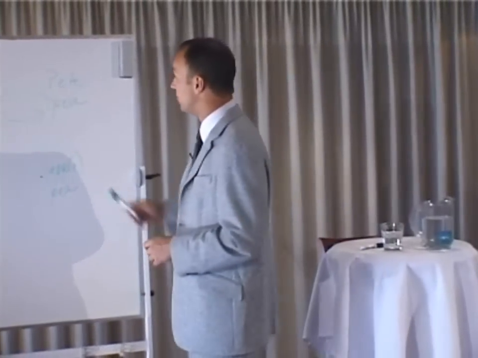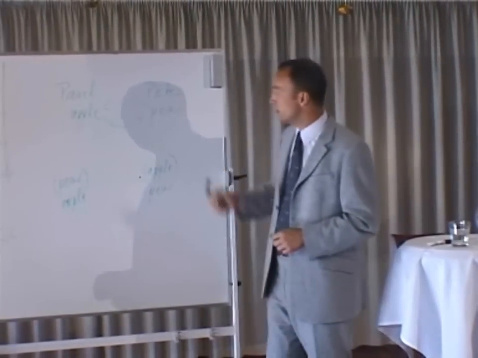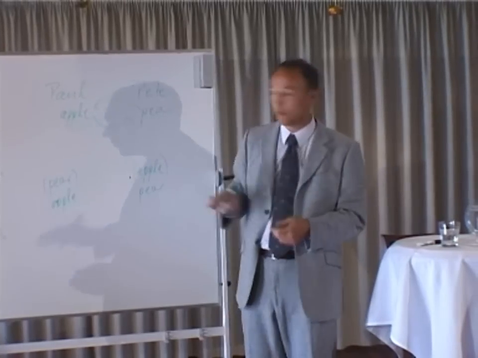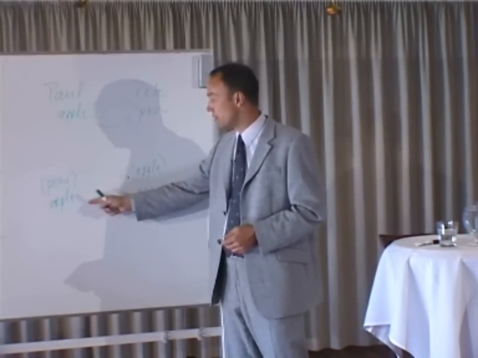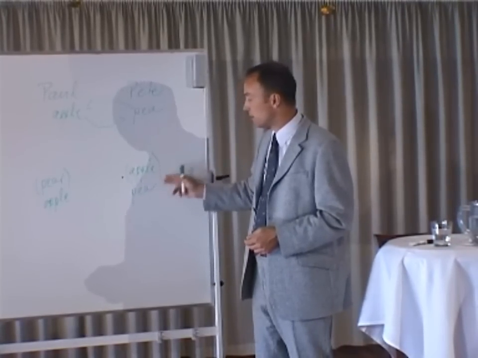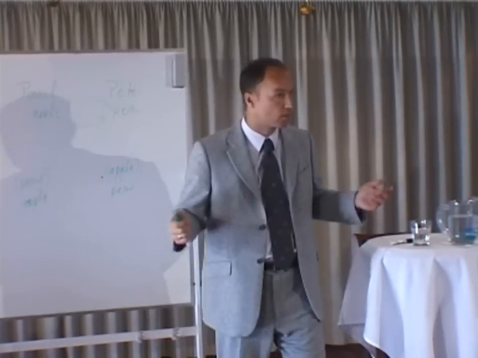Both Paul and Peter value apple and pear, but their valuations are exactly the opposite. For Paul, the pear is more important than the apple, and for Peter, the apple is more important than the pear. So there can be a market exchange, and there will be a market exchange if both of them perceive